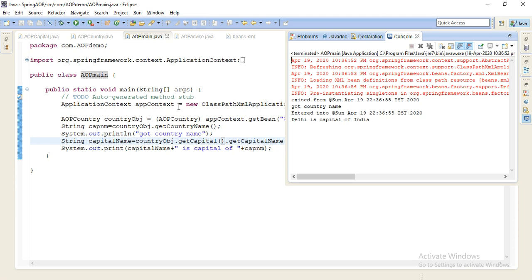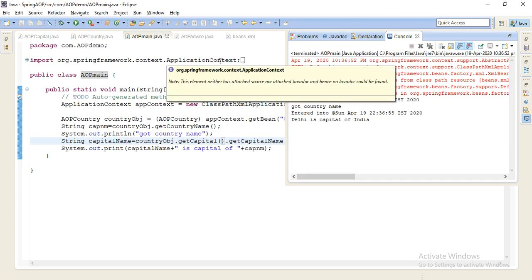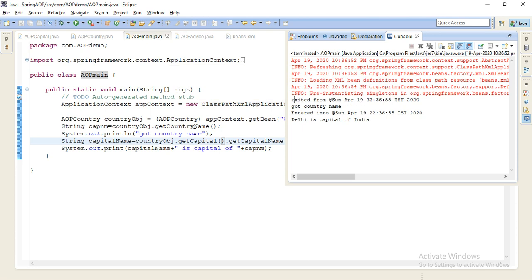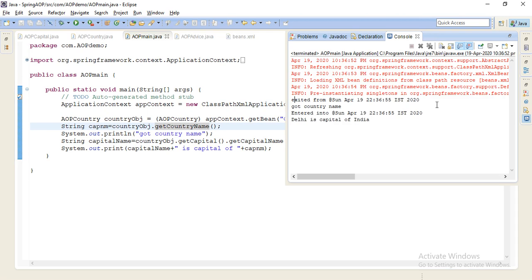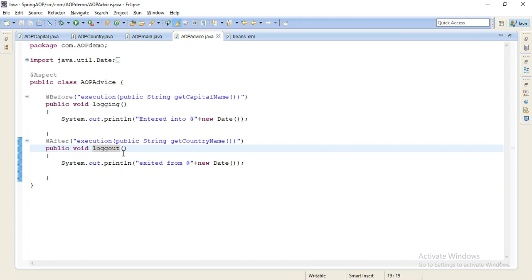Okay, so just observe, I have misplaced that code. So getCountryName you're calling first. Whenever you are calling country name, you will be executing the logout method.